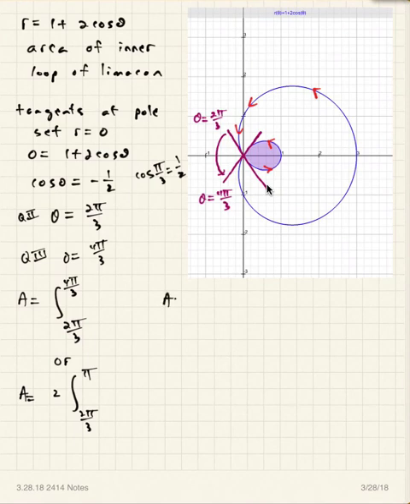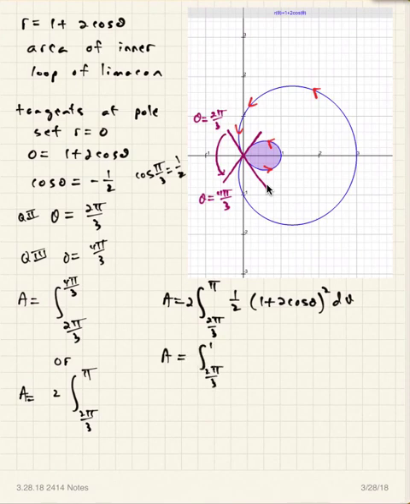So area is going to be 2 times the integral from 2 pi over 3 to pi, and this would be 1/2 times r squared, which is (1 + 2 cos θ) squared d theta. 1/2 r squared d theta. So the 2 and the 1/2 cancel. That's really nice. And so you're just integrating from 2 pi over 3 to pi, and this is 1 + 4 cos θ + 4 cos² θ